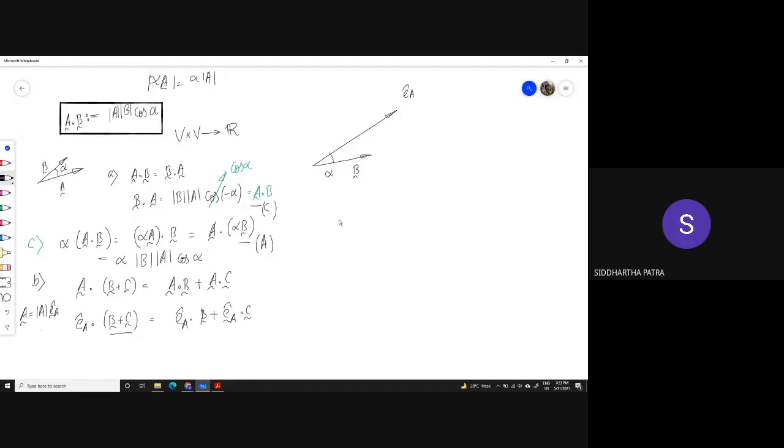So EA dot B is, as we can see, the magnitude of EA, which is unity, times the magnitude of B times cos of alpha. Okay, but what is that quantity? If I drop a normal on the unit vector EA,